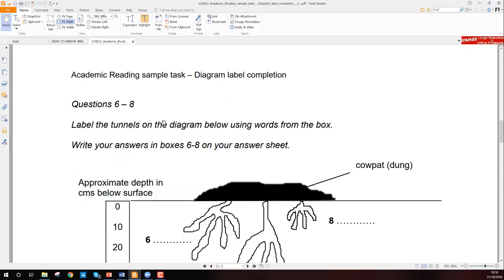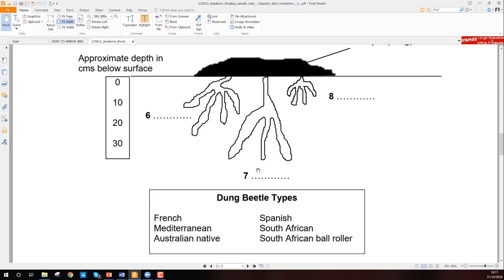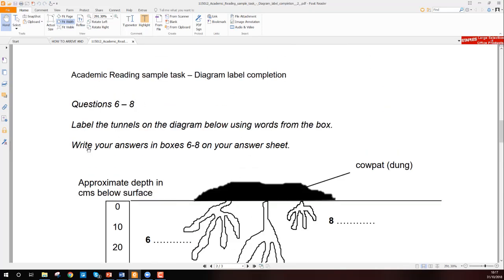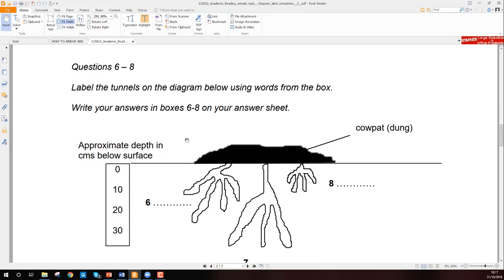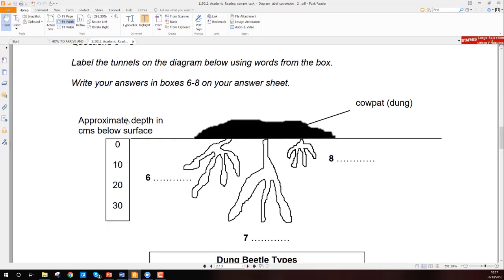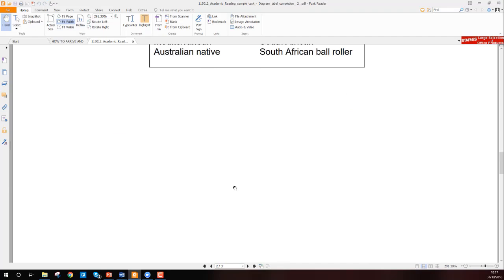Alright, so the first thing we're going to do is we're going to read the instructions. So questions 6 to 8, label the tunnels on the diagram below using the words from the box. Okay, so here are the words from the box. Write your answers in boxes 6 to 8 on your answer sheet. 6, 7, 8. Okay. So, first thing I'm going to do is I'm going to look at this and just generally understand. So, cowpat, dung,